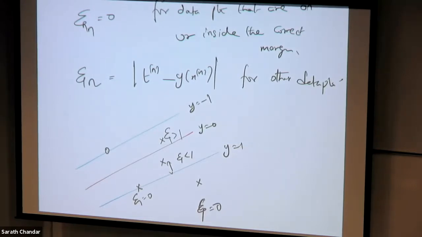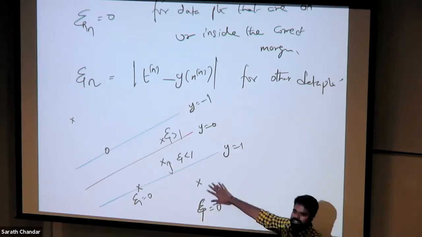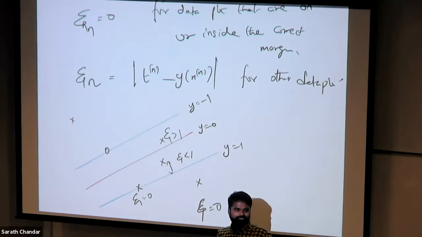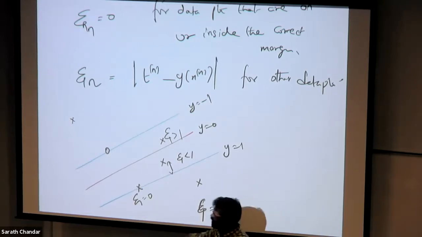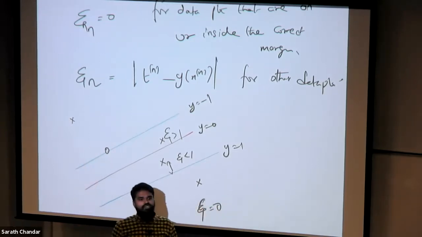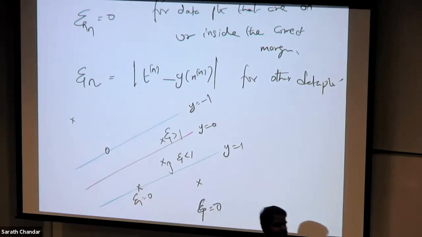For example, let's say I have a cross here. So this is an example of an outlier, right? All my crosses are supposed to be here, but maybe someone wrongly labeled the data set. There's only one cross here. Often you would remove this outlier if you do outlier processing. But in this case, this is going to give you a huge cost. So this algorithm is kind of susceptible to outliers. Is that clear?